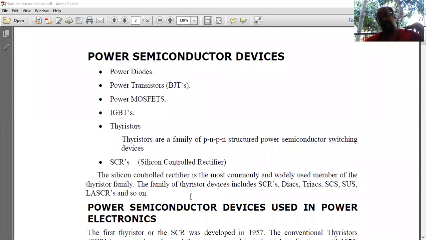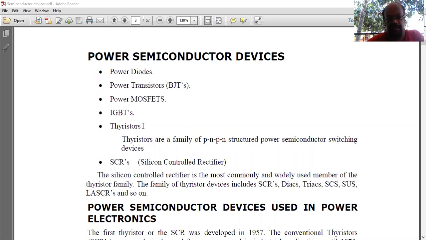Of course, coming to the big revision part, we are going to see power diodes, power transistors, BJT, bipolar junction transistor, and power MOSFET. MOSFET means metal oxide semiconductor field effect transistor. And IGBT is insulated gate bipolar transistor, and thyristors. Why do we have to study this many switches? For some small power applications, we can implement power diodes and power transistors. For very high frequency of operation, power MOSFET and IGBT, and for very high power operation, SCRs or thyristors can be used.